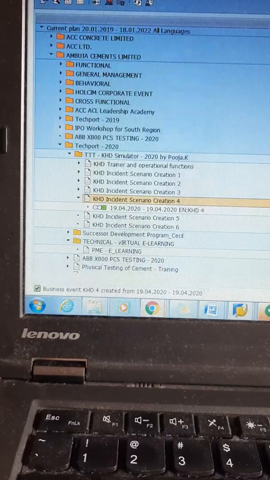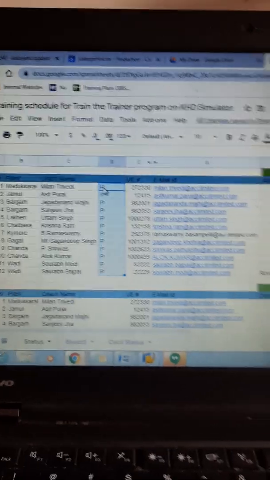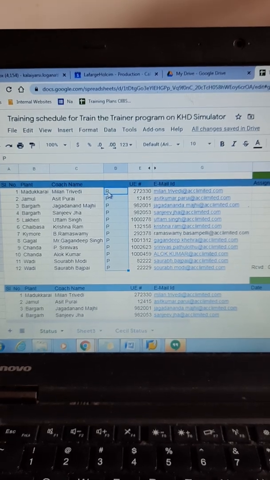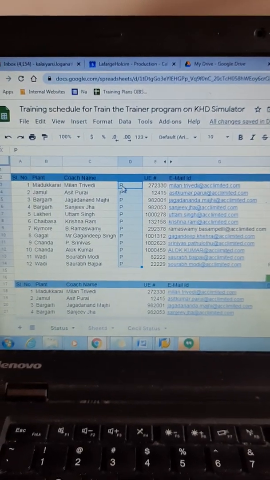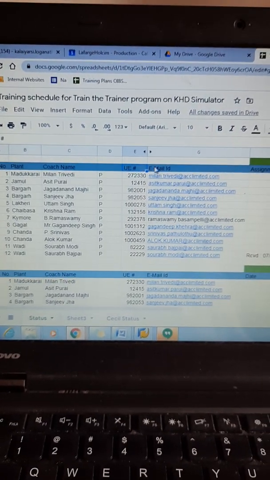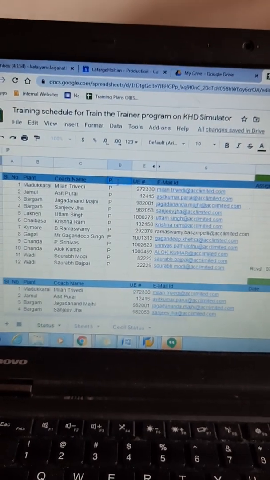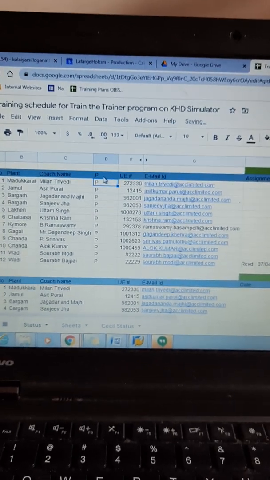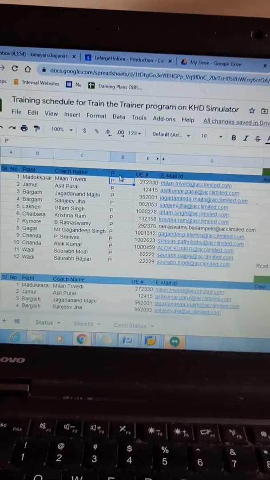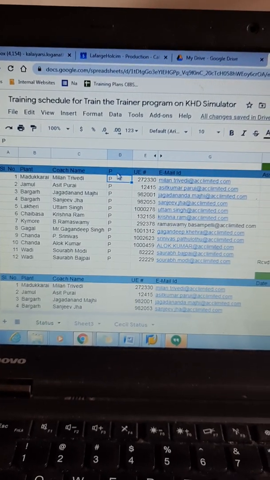Now I am showing you the participant list which I am going to upload over here. Yeah, hi all. As I told you, this is the training record for the KHD simulator, which I'm going to update in SAP. Always ensure your Excel is ready with the employee ID and the data as P. P signifies present, AB signifies absent. AB we are not adding into SAP; P is what will be added, which is called present. Here I have 12 participants who attended this training program for 2 hours on 19th of April.